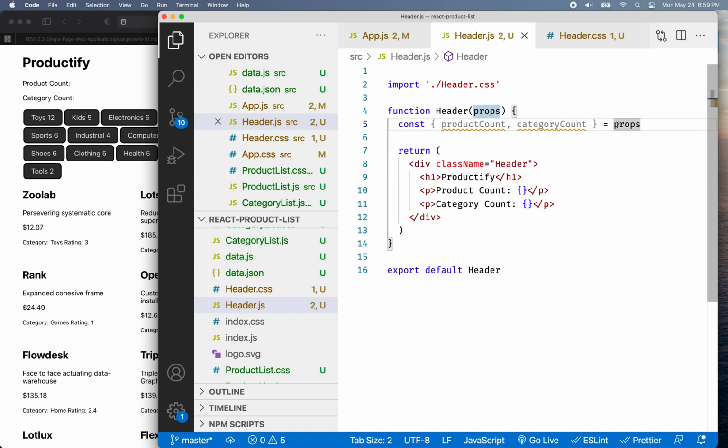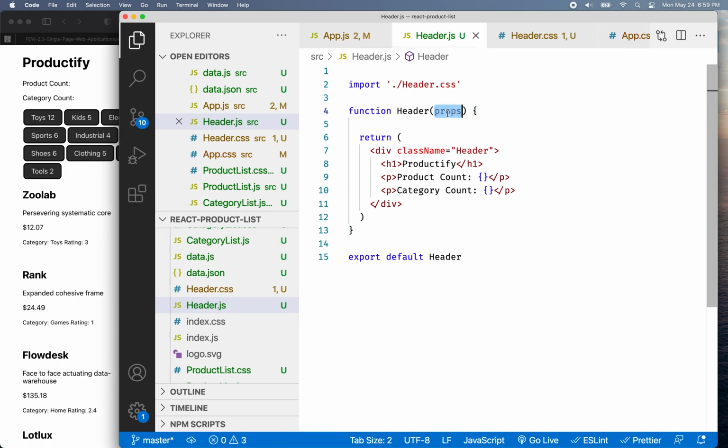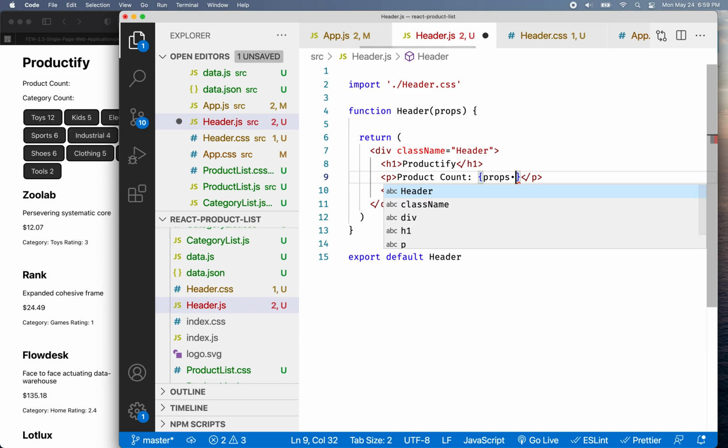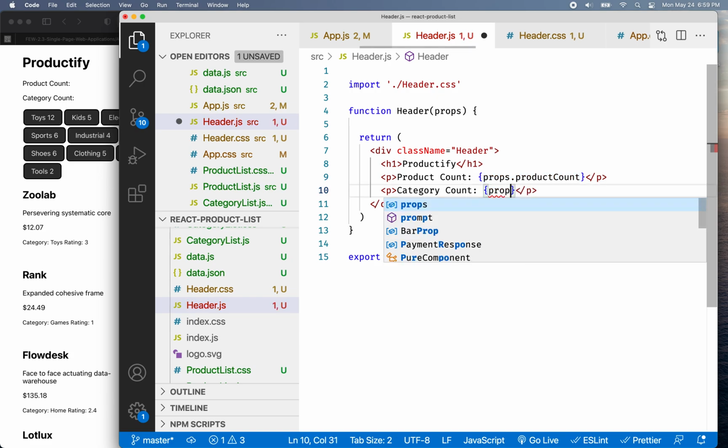Okay, so this object right here, actually, even before we do this, sometimes people get confused. I'm going to leave that out. We'll add that in later, right? What I want to do is I want to take the props and then get the product count from props like this. So I want to say props.productCount, okay? And then here I want to say props.categoryCount,